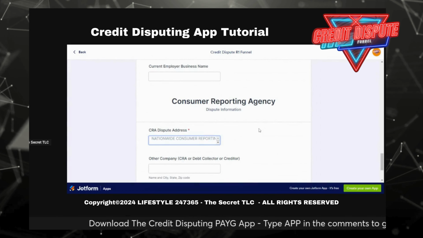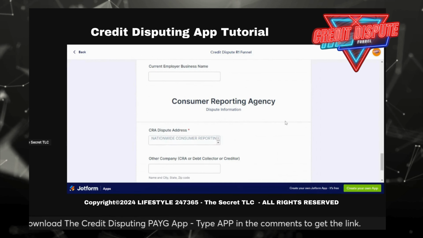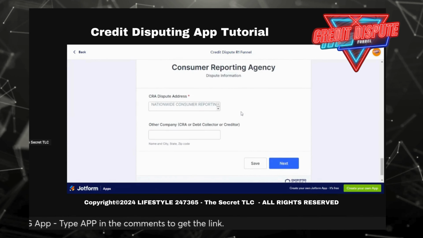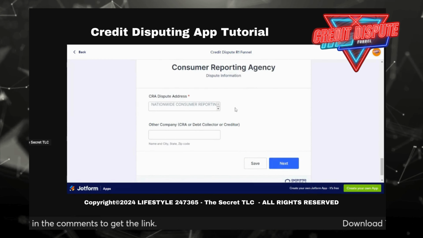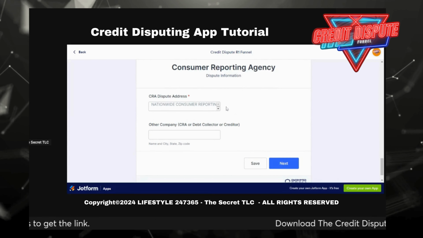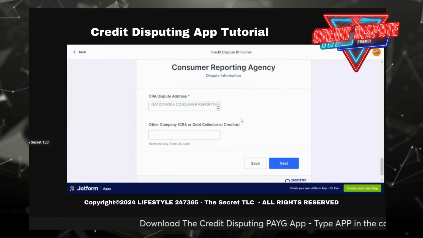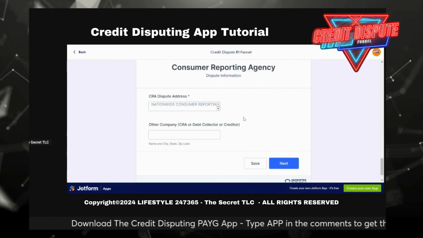It needs to be filled out before you submit it, or it will not let you submit it. So, knowing that when you're doing a dispute, each one of these credit funnels is one dispute. Okay. I did it in this process because it's best to be organized, because when you're doing so many disputes,